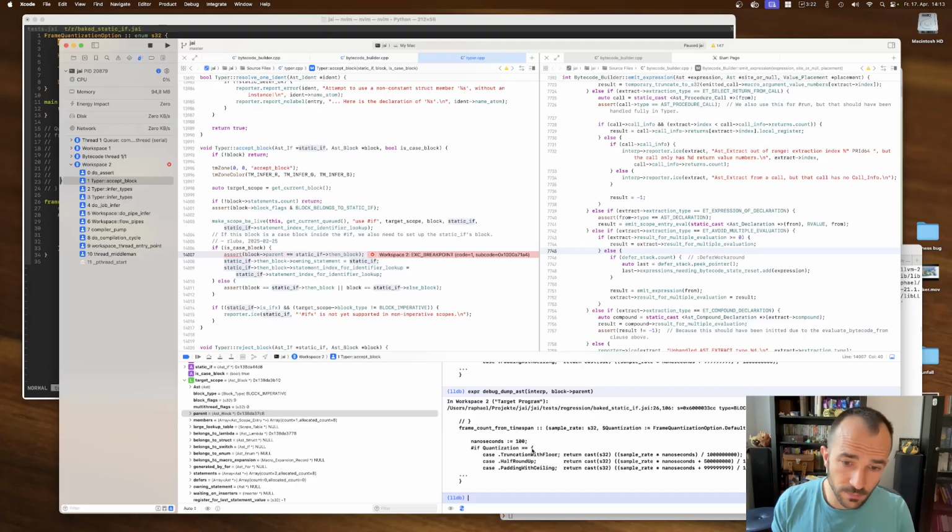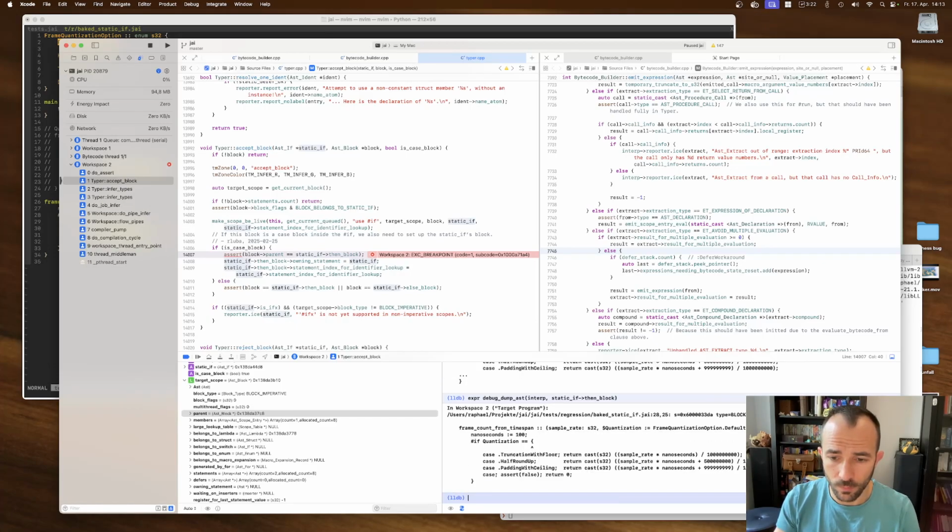The static if has a, this is the static if then block. Why do we say the parent block should be the static if then block? And why is this not the case here?